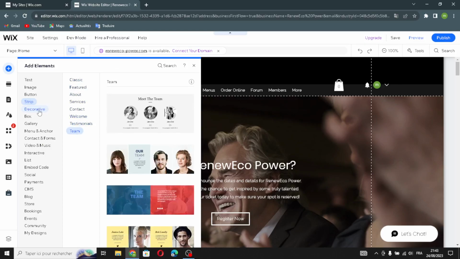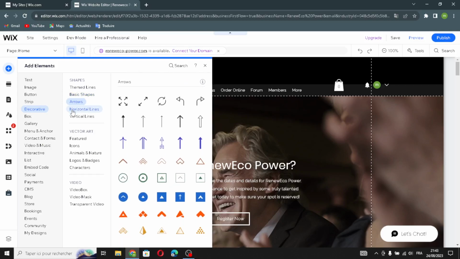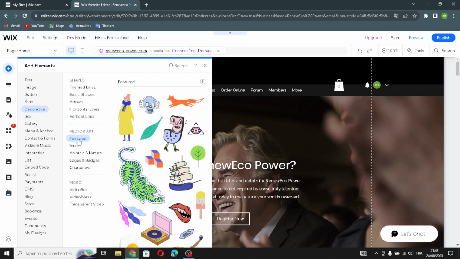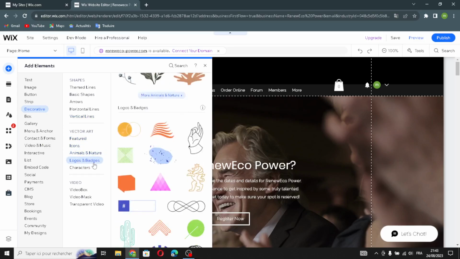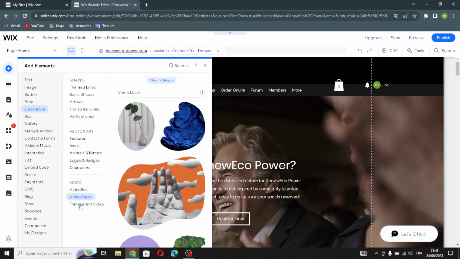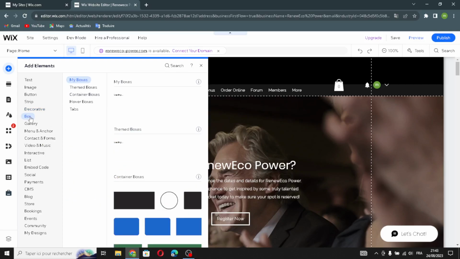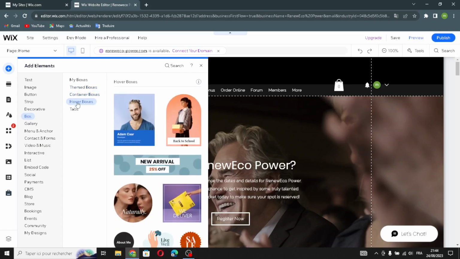So let's move on to the decorative. Here the shapes, the themed lines, the basic shapes, the arrows, the horizontal lines, the vertical lines, and here the vector art, the icons, the animals and nature, the logos and badges, the characters. Here the video settings, the video box, the video mask, and transparent video. Also here the box sections, themed boxes, the container boxes, and the hover boxes